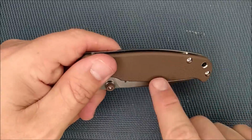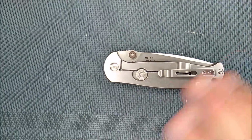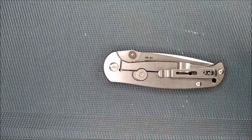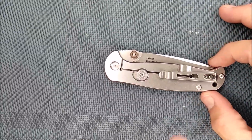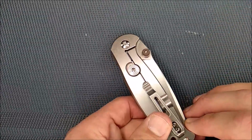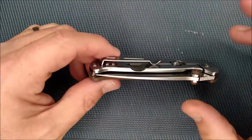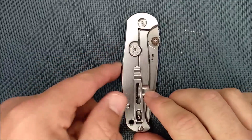As you can see, there's no left-hand option for the pocket clip. And I can deploy this knife almost exactly the same speed out of my left pocket or my right pocket. It makes very, very little difference at all with this pocket clip just on the one side. One danger that some people talk about and are very worried about is that, if this is in my pocket